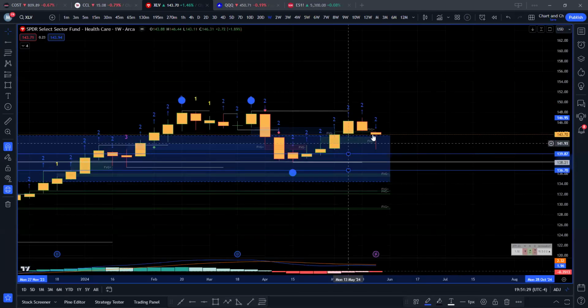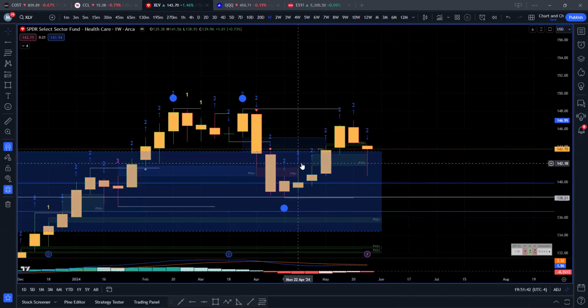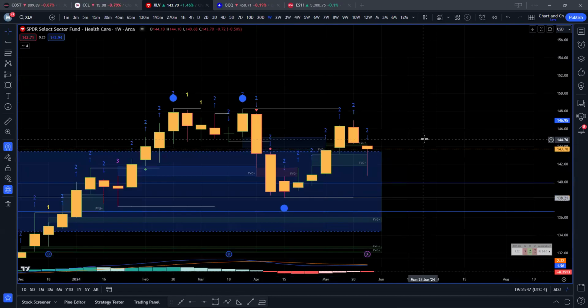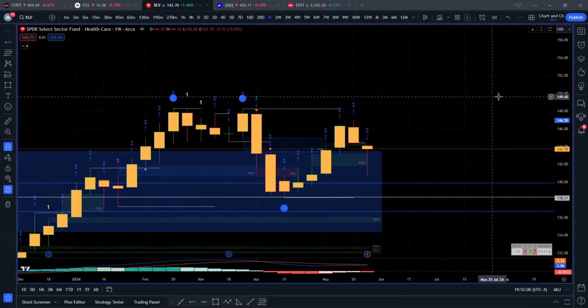However, on the weekly, you see that, again, we tried to trade back into, after displacing out and above this weekly breaker block, price tried to displace back into it, couldn't really do it, and ended up being a bearish hammer. So we're looking for that 2-1-2 reversal. Obviously, this fair value gap here gets respected as well too. So we have a large weekly breaker block that's being respected, and a fair value gap that's also being respected. Makes me feel like honestly healthcare is something that you all should keep on your radars over the next couple of weeks,